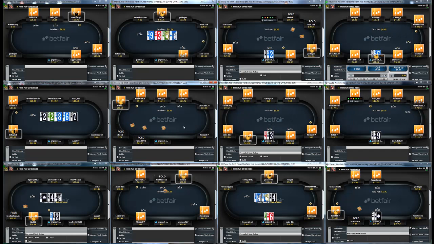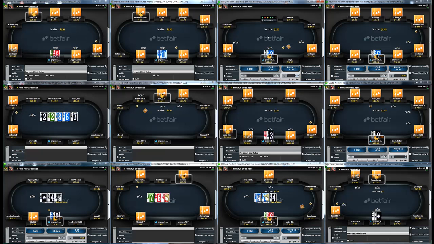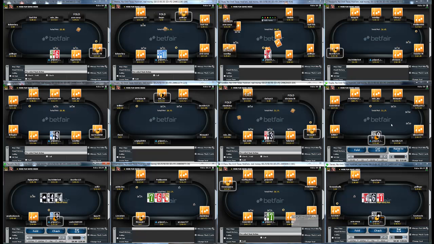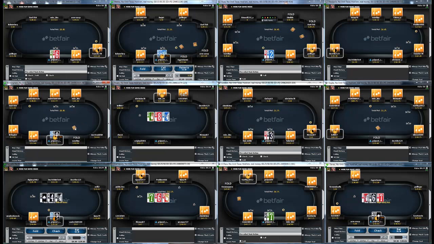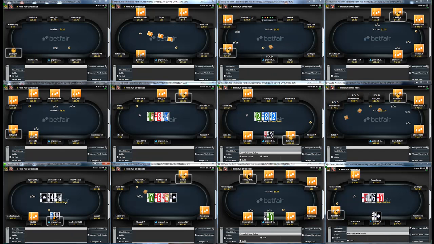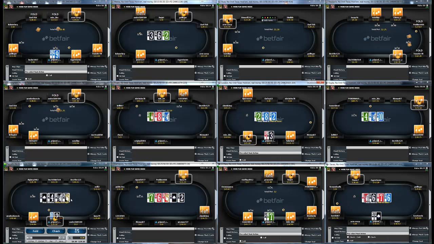So the full ring grind compared to the 6-max grind is a much more relaxed, kind of chill, peaceful grind, per se. It's a lot easier to load up a bunch of full ring tables and just kind of sit around, wait for cards. Like if you're the type of person who really likes to surf Facebook or watch movies while you play, which I don't recommend, but I don't have a problem with it if that's what you like to do. Full rings are much easier to do simultaneously while doing other things because the decisions are much